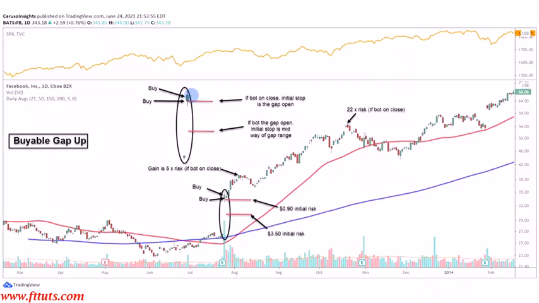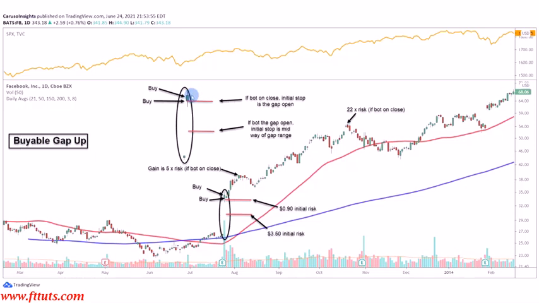I've noticed that gaps are traditionally going to be one of two things. Either you gap and you just keep running and that momentum really takes hold, or you're going to gap and you're going to consolidate. If we're going into the consolidation phase, there's no use taking a big loss. You might as well quickly exit and let the stock settle down, yet you don't want to ignore it